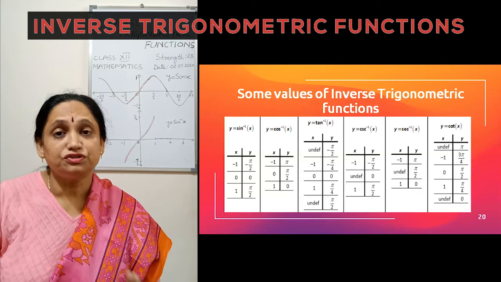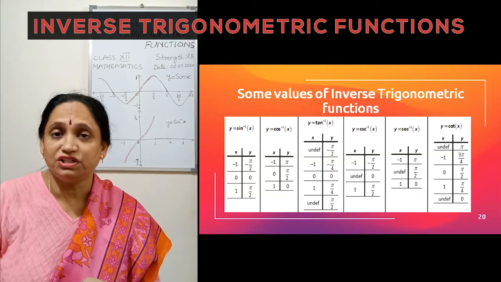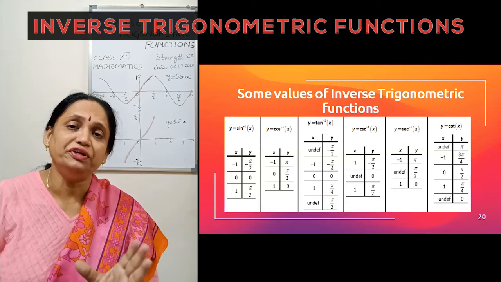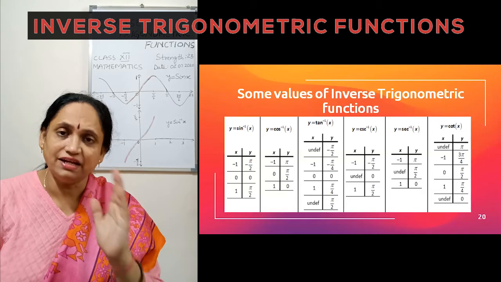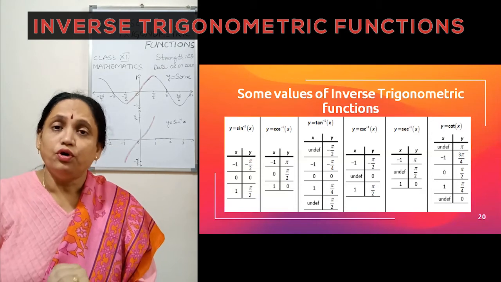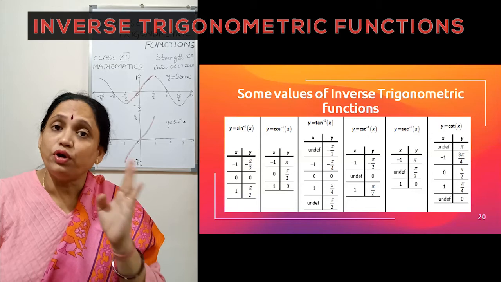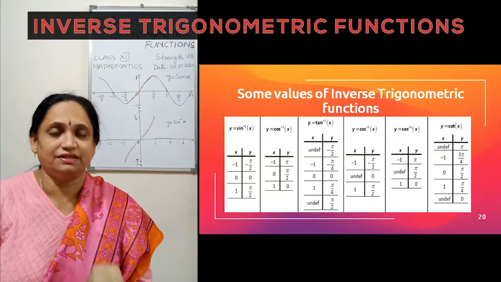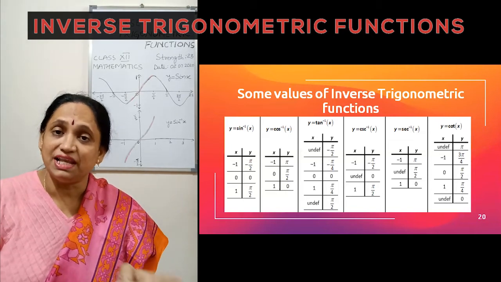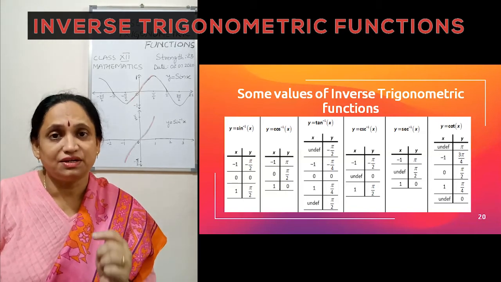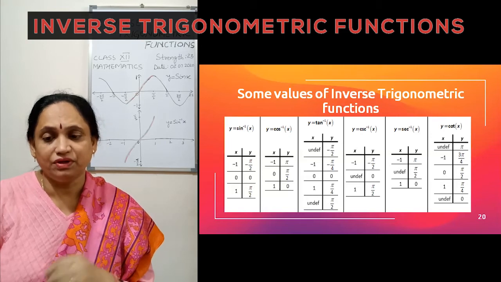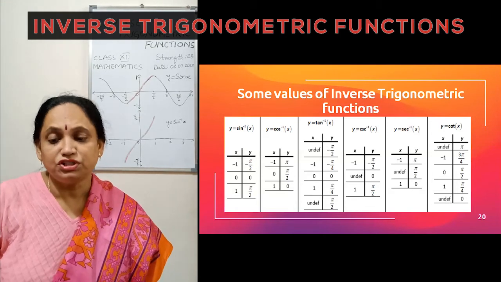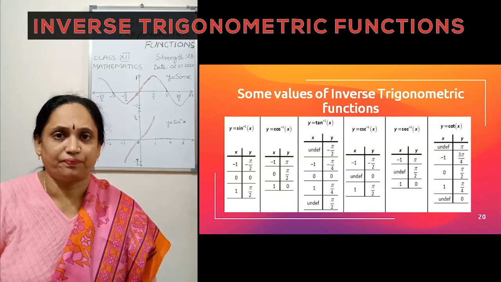Cot inverse of -1. Now look at the cot inverse function. The principal value branch of cot inverse is the open interval 0 to pi. That is first and second quadrant. So your negative values would go into the second quadrant. That is, your angle is going to be an obtuse angle. But remember, the angle has to be less than 180 degrees to be a principal value branch angle. Okay. So cot inverse of -1 is 3 pi by 4, and cot inverse of +1 is pi by 4.